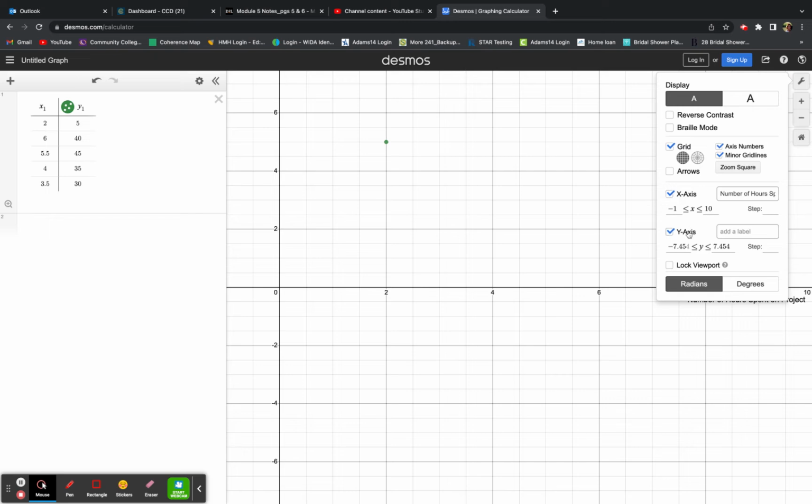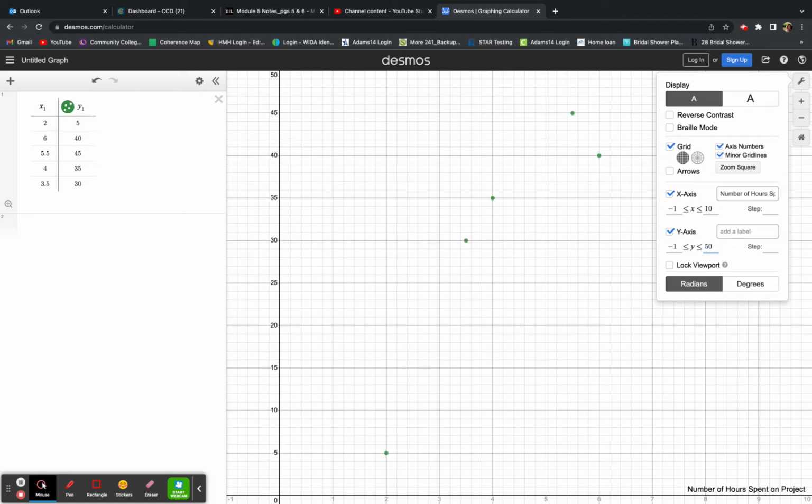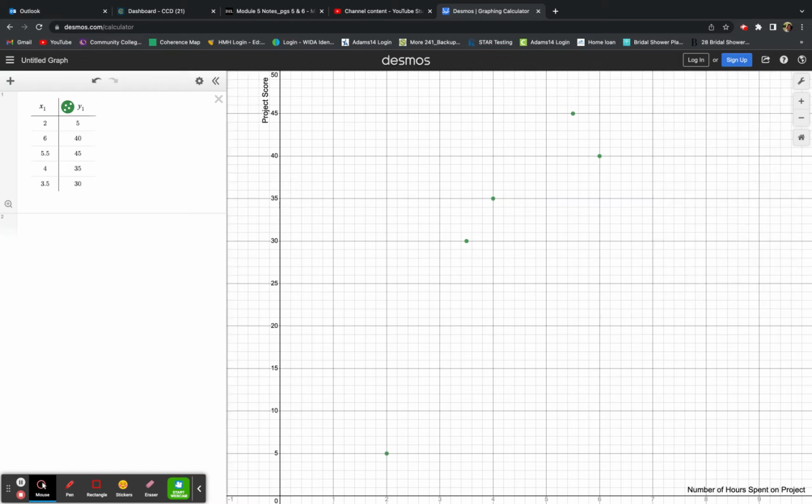Back up. Y-axis, I definitely don't need -7.454. So I'm changing that to -1. Let's see, my highest Y value. You know what? The paper score was out of 50. I'm going to make this out of 50. You notice now I see all 5 points. I'm going to add a label to my Y-axis here. We're going to call that project score. Okay. I am going to close this,